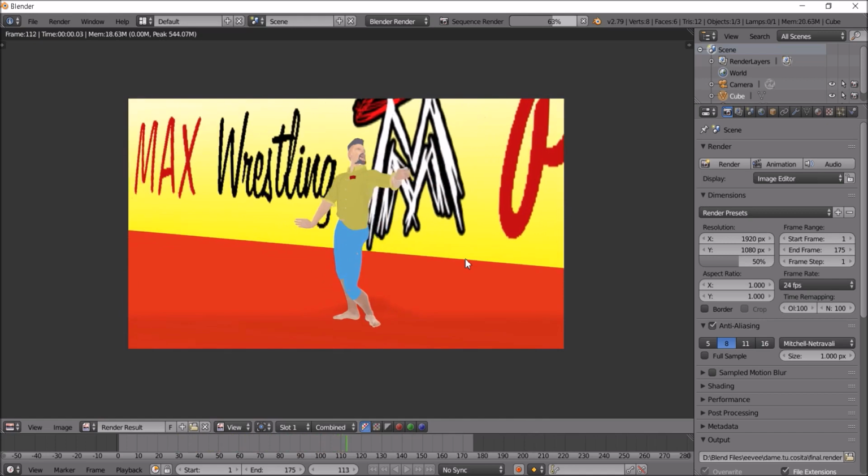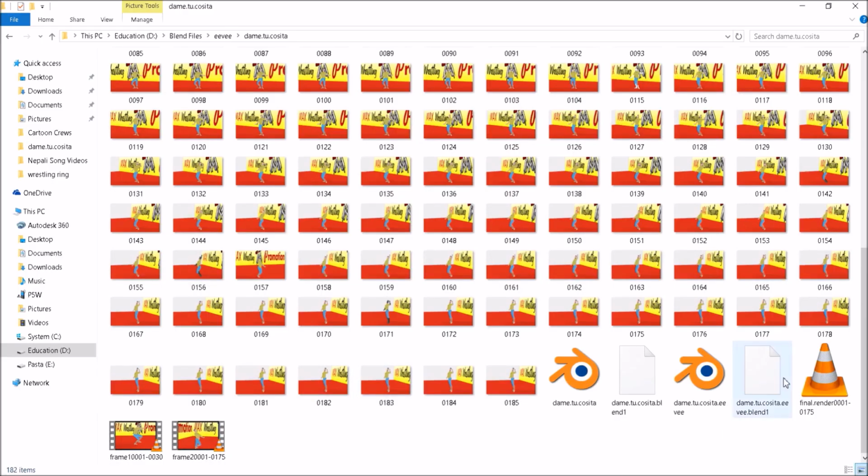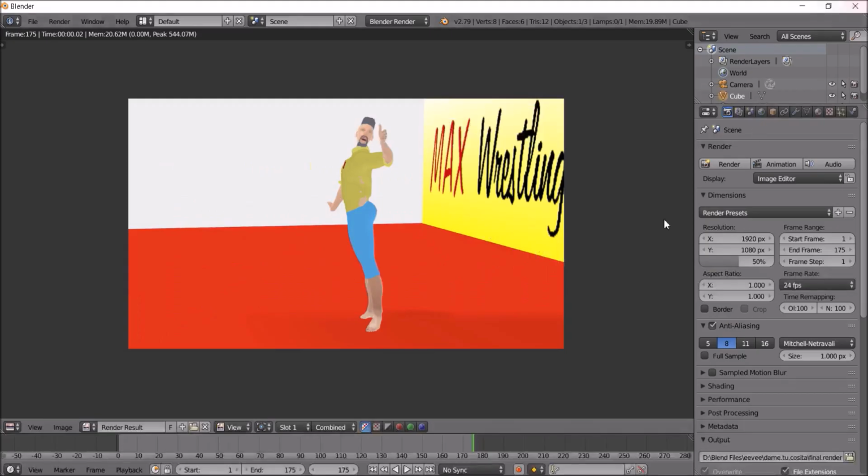see that your animation will be saved in the output folder, which is right here in my case. Then you can play it